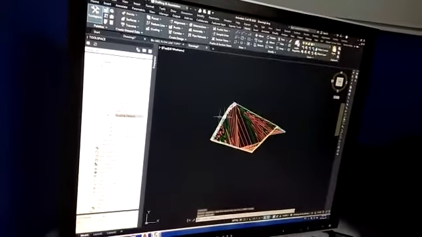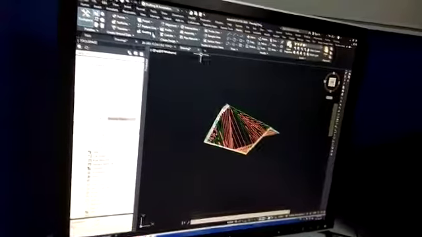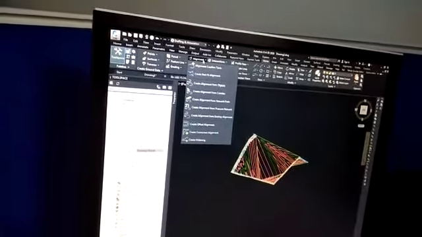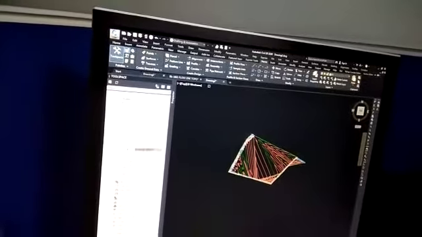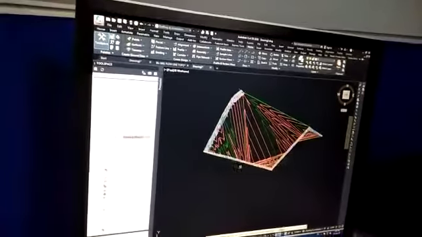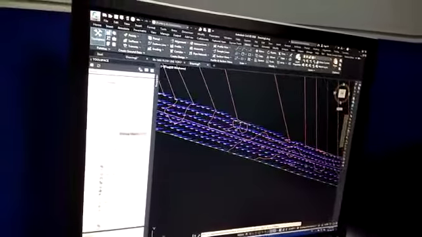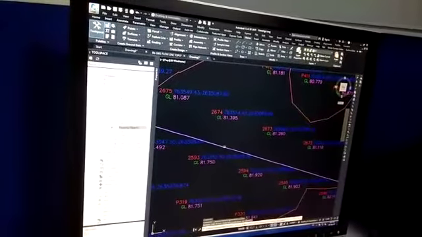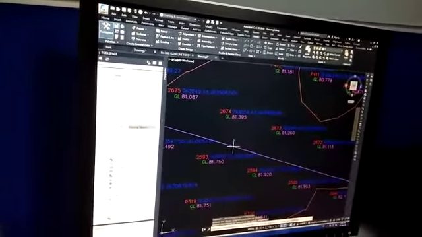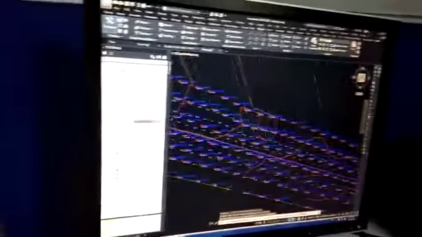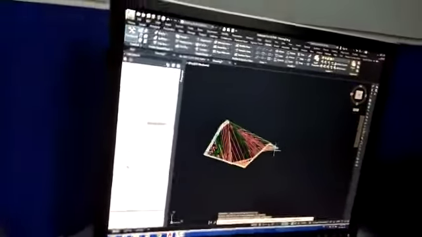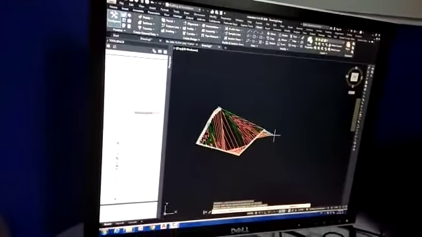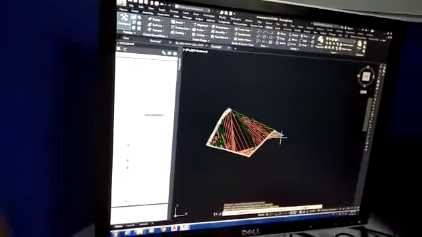After creating the surface, now we are going to create alignment. Create alignment from objects. Now we have to select our object, our line, our proposed pipeline or the flow line. We are selecting the flow line and enter. And our flow line starts from right side to left side. It is starting, the wellhead is here and the tie-in is here.